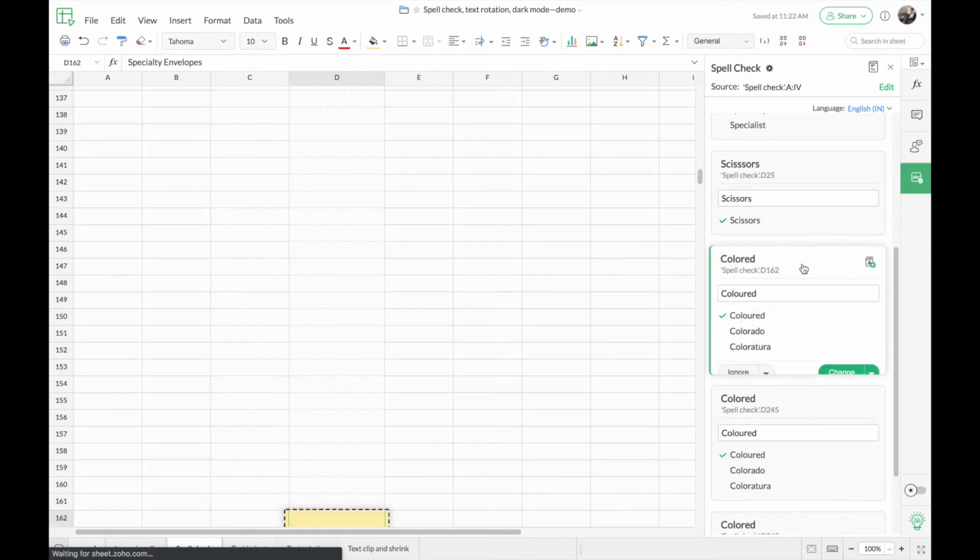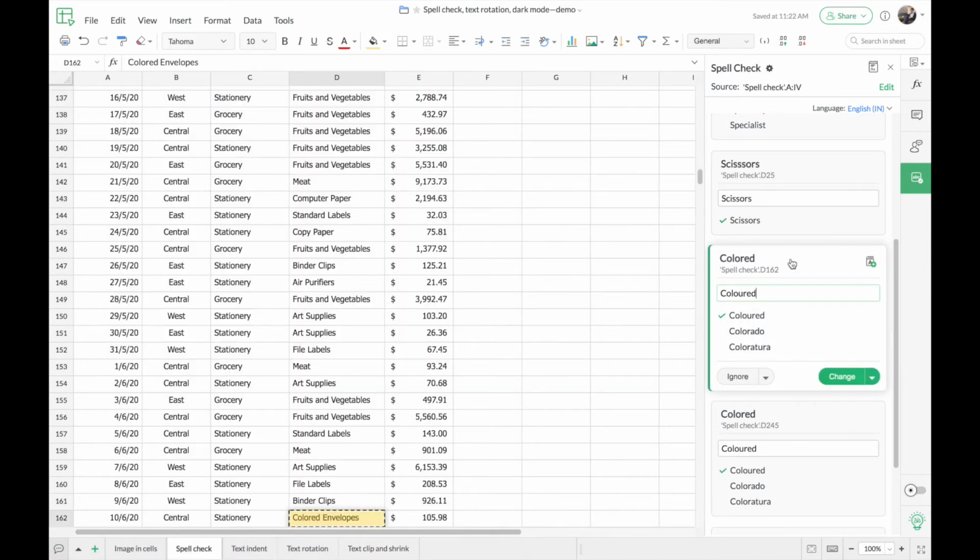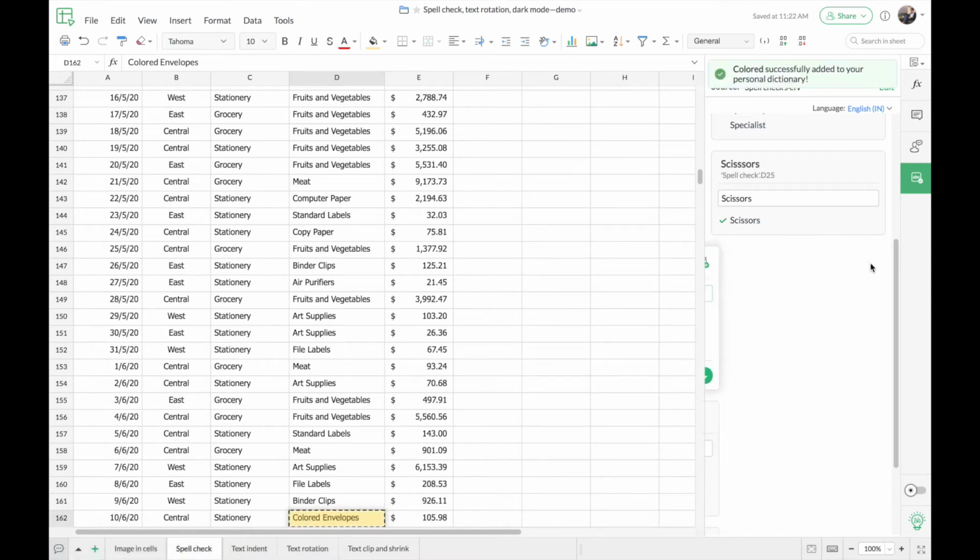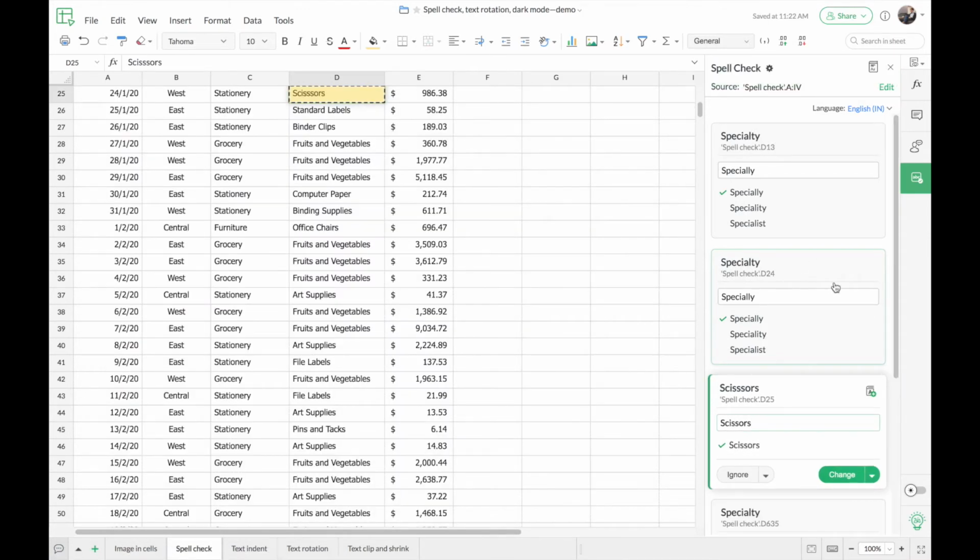For example, here you can see that term is colored here. So since the selected language here on the top is English IN, you can see that this particular term has been highlighted. Whereas I do not want this particular suggestion to be taken further on. I do not want this term to be detected in the future. So for that, I can add this term to my personal dictionary. So for that, you can use this small icon here. So you can see add to dictionary option here. Simply click on that and this particular term will be added to your personal dictionary. So this term will no longer be detected in any of your spreadsheets.